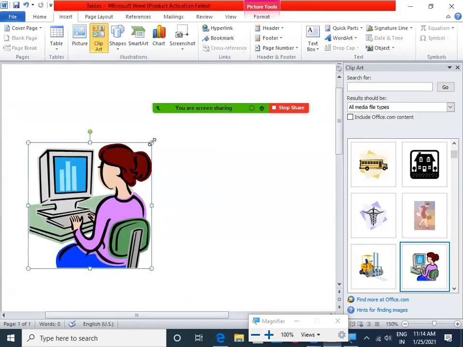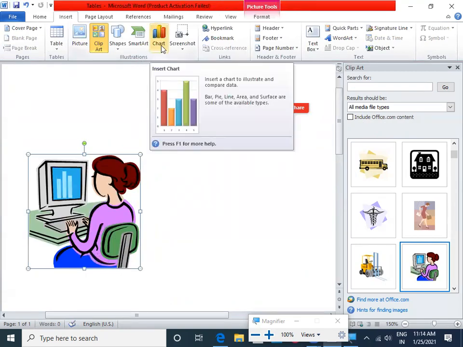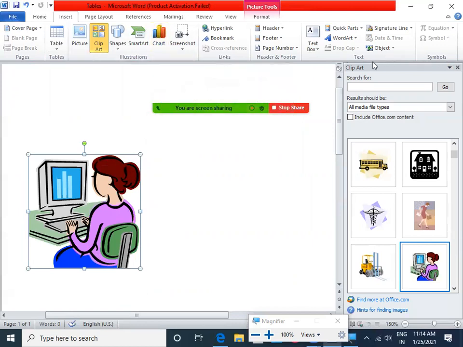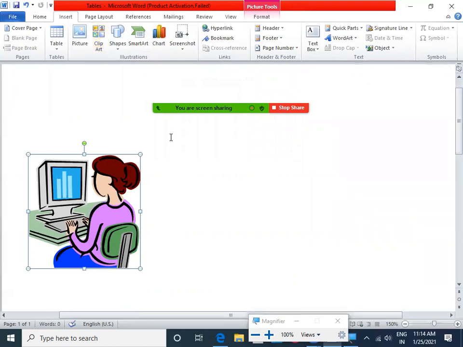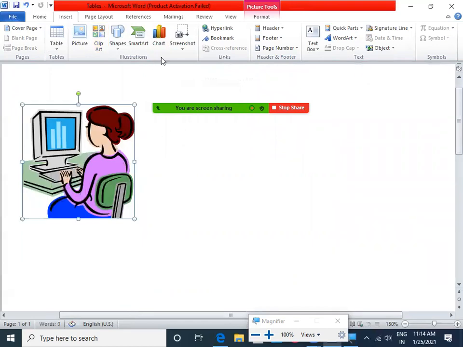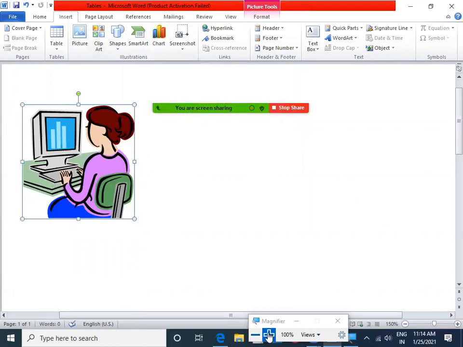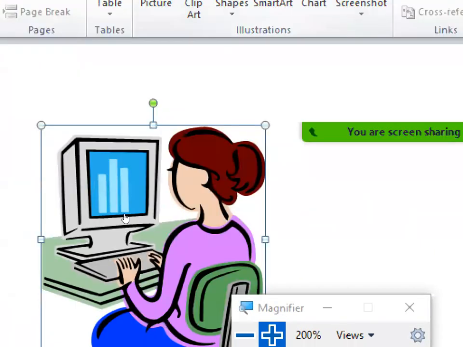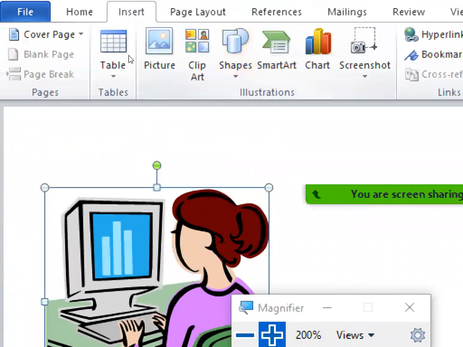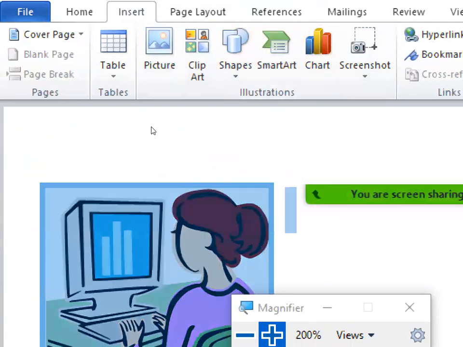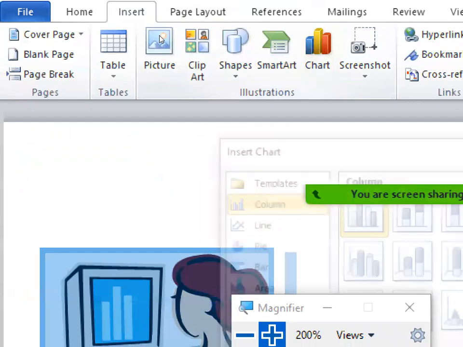Similarly, if you want to add pie charts or graphs, that can also be included here. Once the clip art is done, you can close this option. Then if you want to add some charts, go to this option. Inside Illustrations, you have this Chart option, and select Chart.